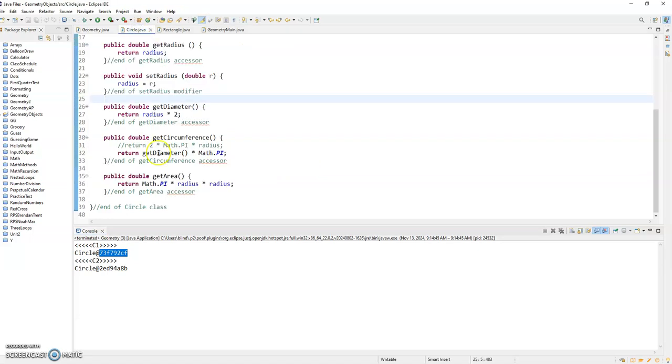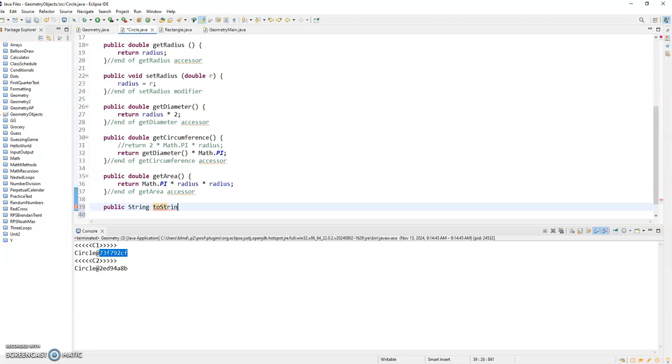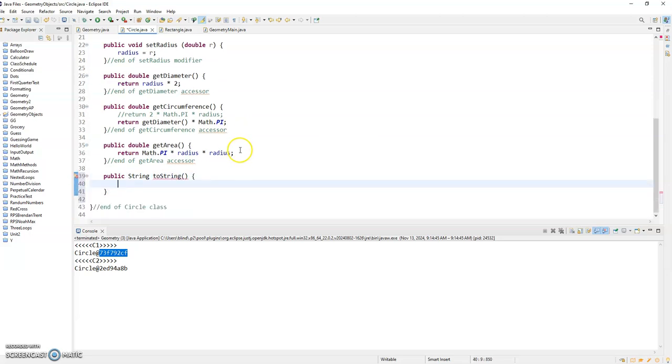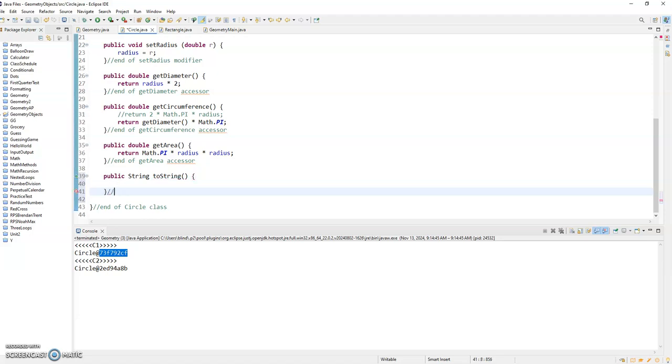So what I'm going to do is I'm going to override, there's a default method built in because everything's object oriented, everything extends from the master object in Java. And there's something called toString that's in there. So I'm going to say public String toString in here and open and close parentheses. And I'm putting my curly brace here and I'm going to have end of toString. So I'm going to override the toString